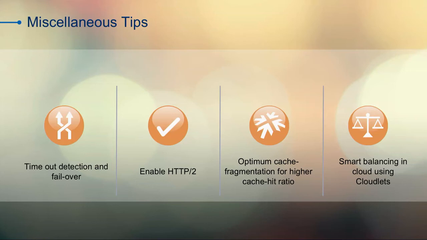So that's something that can really help with the end user experience when there are failures in terms of the origin. The next one is HTTP2, and I know Bhagirath spoke about IPv6, and H2 is one of our next generation protocols. I know a lot of customers have already started the move towards enabling H2. Actually, let me ask quickly, how many of you are supporting H2 on your origin servers today? Okay, that's a significant number. That's great. But even if you're not, just by enabling H2 on the Akamai layer, you can at least leverage